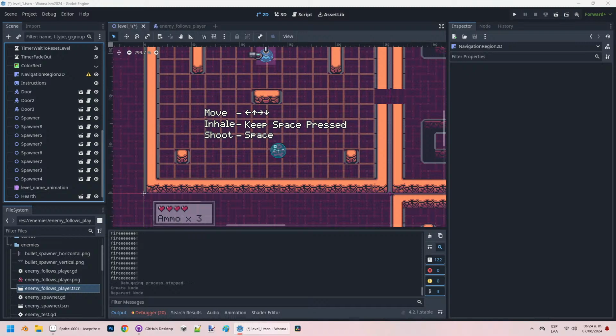To get the nav mesh to understand our tile map, we need to do two things first. First, let's select our tile map